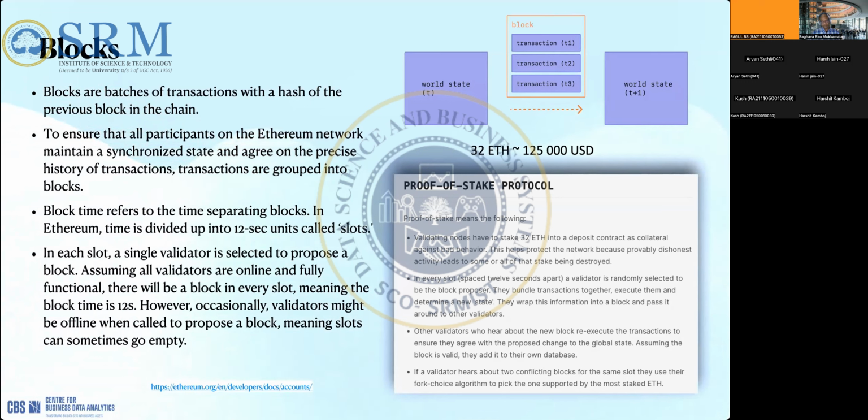Every slot, a validator node is randomly selected, called the block proposer, and they will make the block. All the validator nodes who hear about the new block will re-execute the transactions. This is quite important: they don't only check the state, they re-execute the transactions. So the state will be verified and added locally. Each transaction will be executed, the logic and other things, and that's how it is verified.